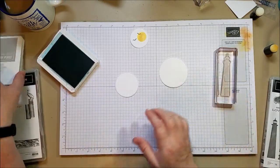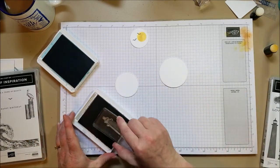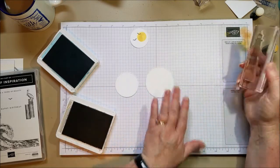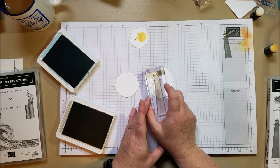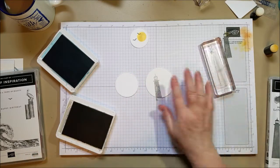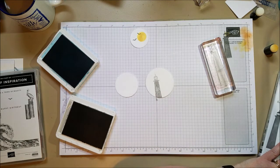Oops, gray granite. Or Smoky Slate, sorry. Smoky Slate. And I only need the top of the lighthouse. I wanted it to be a little lighter, so I'm going to stamp off the page to lighten the ink a little bit. And then I'm going to put it down. We're going to end up covering this. This is kind of just my placeholder because I'm also using